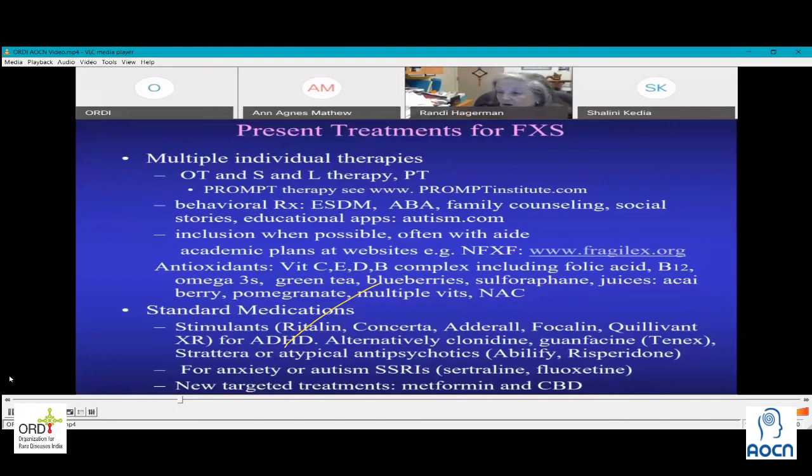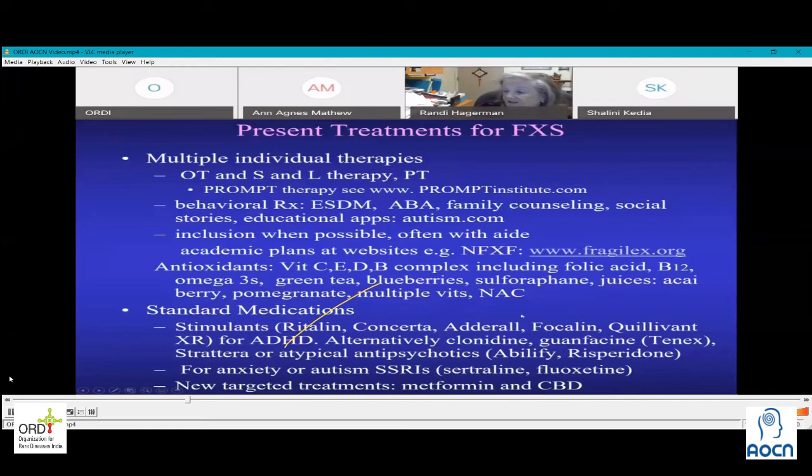You can read much more about behavioral interventions and therapy interventions at the fragilex.org website. We think antioxidants can be helpful for both individuals with Fragile X syndrome and the premutation, but there haven't been controlled trials of many of these antioxidants yet. Standard medications like